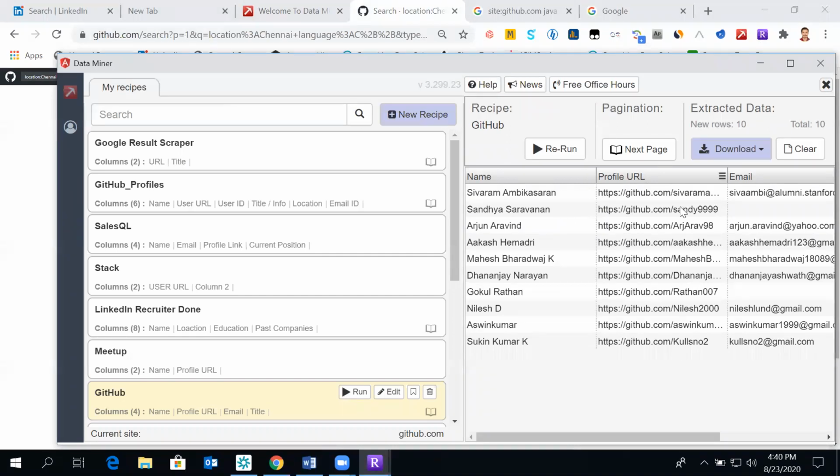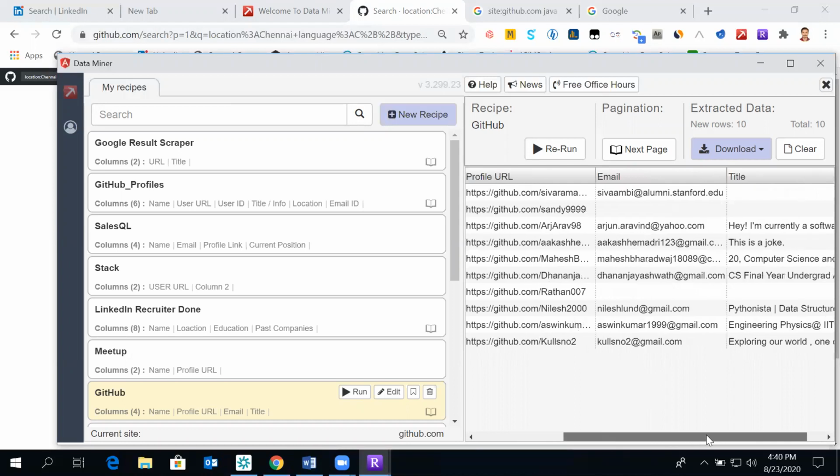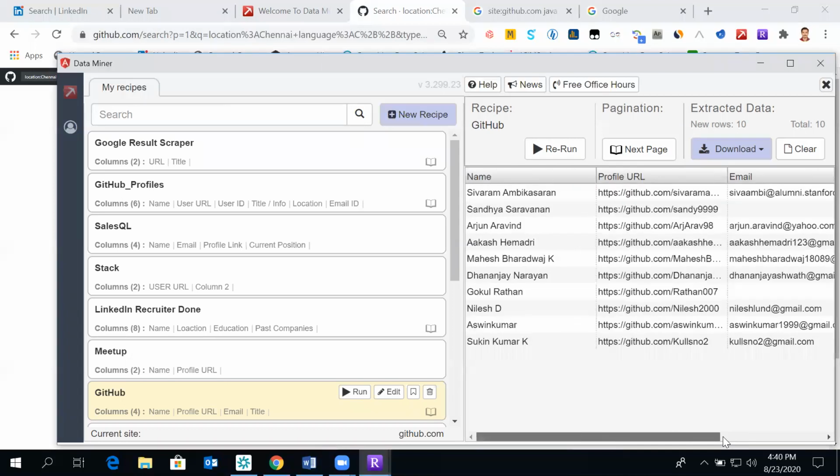So we have taken name, profile. This is an earlier recipe which I've created. Name, profile, URL, email IDs, title.